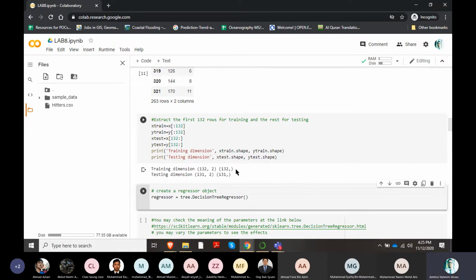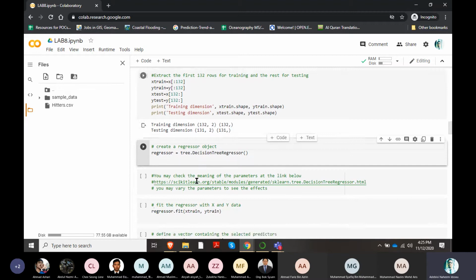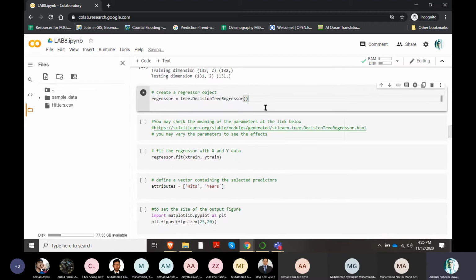Okay, so we have training to be here, the testing to be here. Okay, so now let's continue with our model. Let's now get to the main task of model building. So what we do is, remember, we have imported the decision trees, right? So we can just call our tree dot,